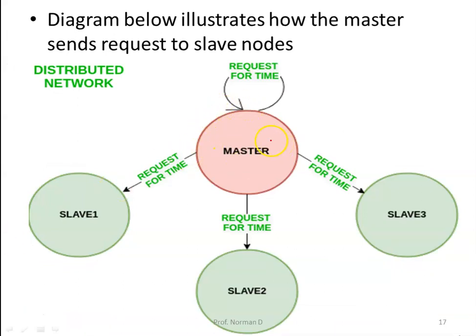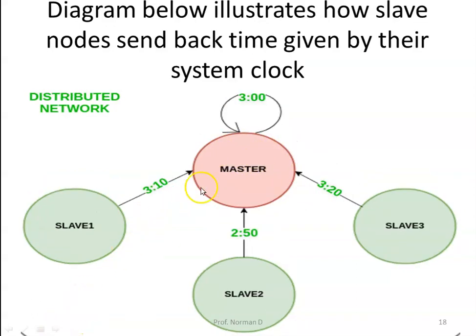So here we have the master node. This master node is requesting the time from slave 1, requesting the time from slave 2, requesting the time from slave 3, and its own time. Next, the master time is 3 in this case. Slave 1 has returned the time as 310, here it has returned 250, and here it has returned 320. So slave 1 is ahead by 10, here it is lagging by 10, and here it is